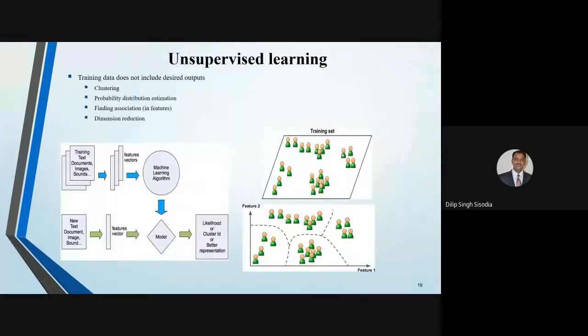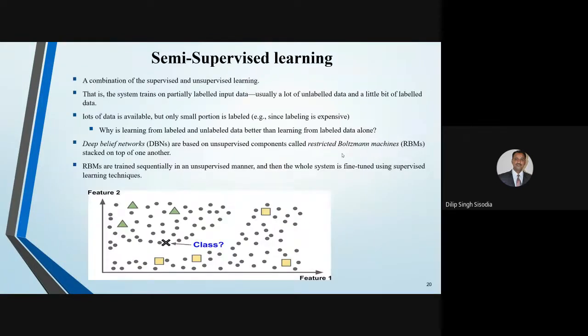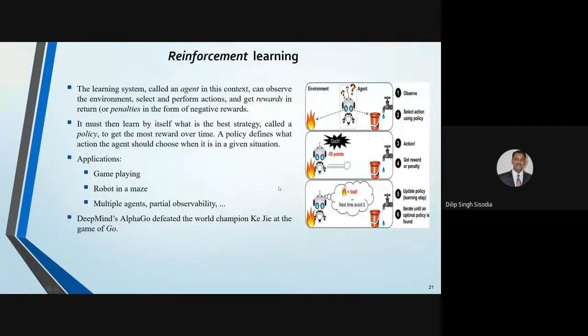Another important class is reinforcement learning. In reinforcement learning, the learning system is called an agent, and this agent will learn on the basis of reward and penalty. Means it will learn with the help of the environment only, and whether it will get a reward or